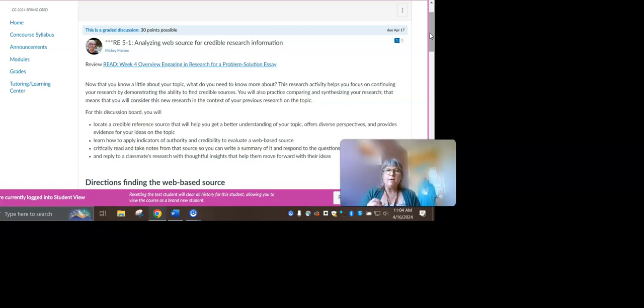Remember, you're going to be writing a paper in which you spend about 2 paragraphs or so identifying and explaining a specific problem. For example, some of you are doing the issue of food insecurity in Maricopa County. That would be an example. You'd have to prove that there is a problem, what that problem looks like, who's affected by it. And the research that you do is going to help you be able to address that for your readers.